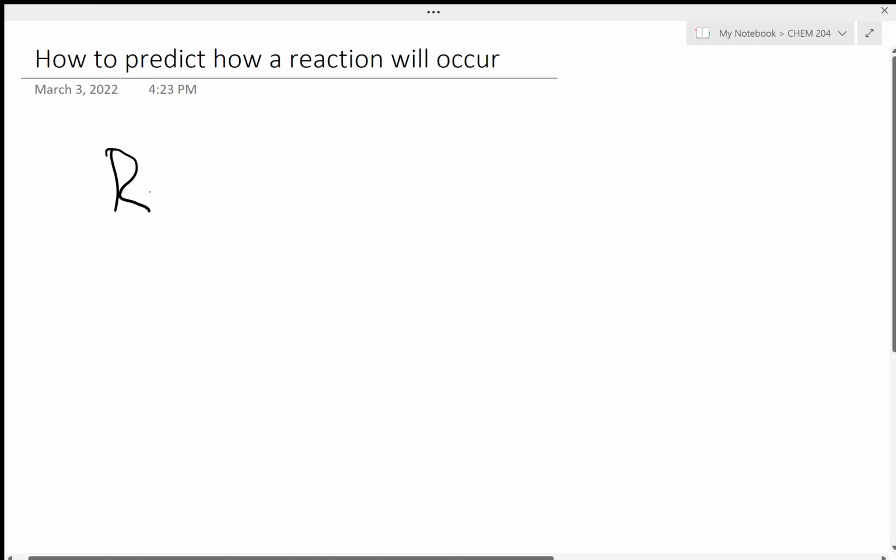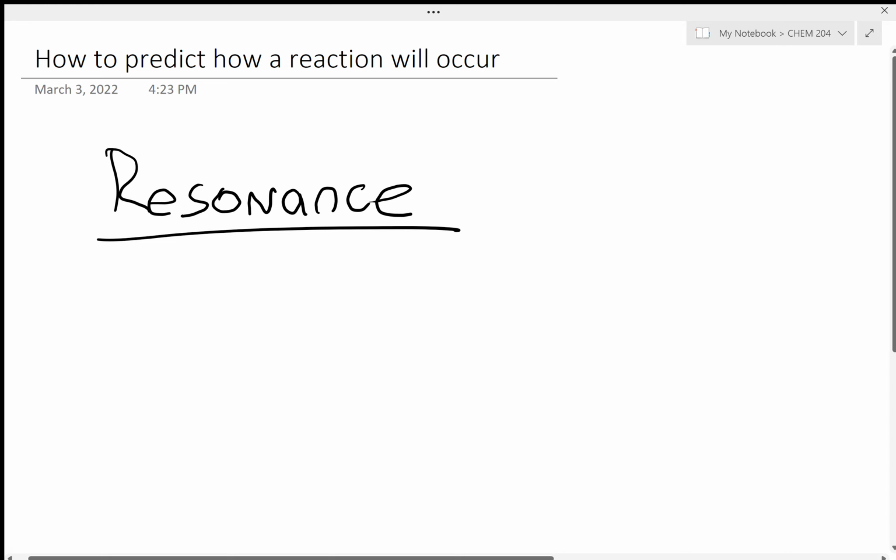And well, what is resonance? Resonance is a way of describing bonding in molecules. It also describes the delocalization of electrons, and most importantly, it pretty much predicts how a reaction will most likely occur. I'm not going to say always because there's always an exception, but it is a very important term and something that will help you figure out how a reaction is going to go and why it's going to go